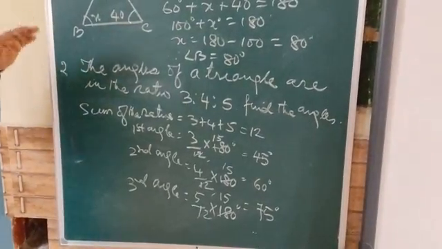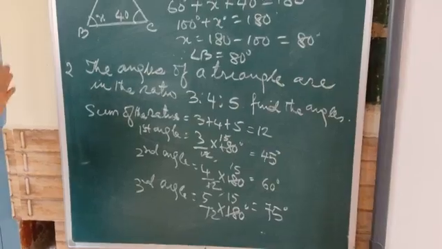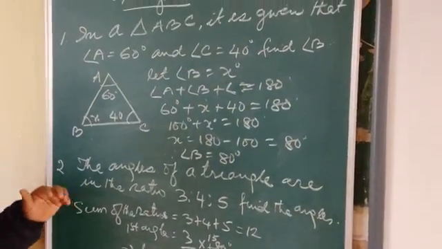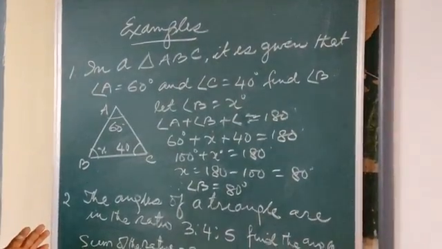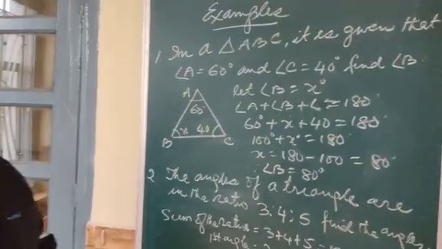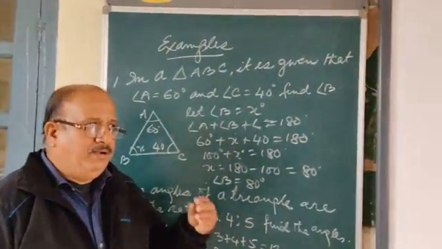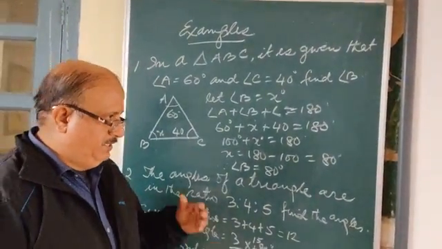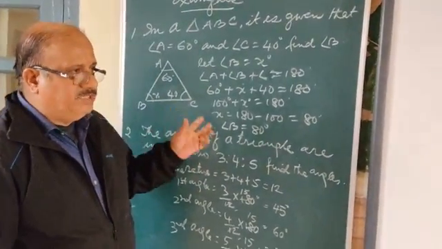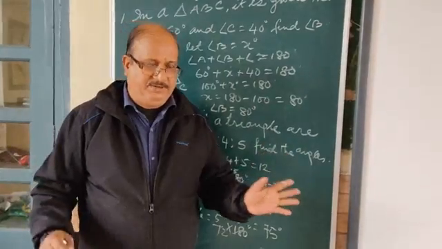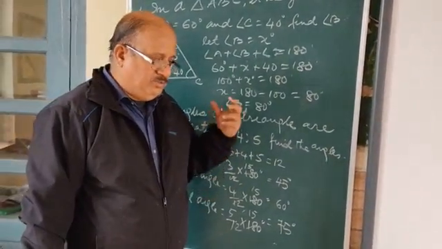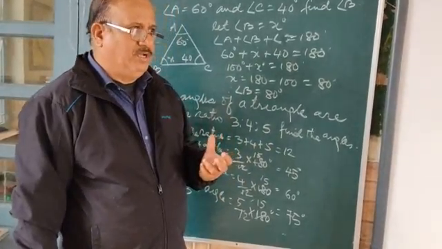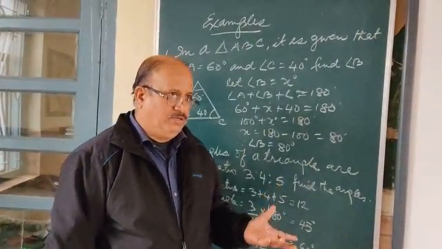So this is related to the properties of the triangle. That means the sum of the angles of a triangle is equal to 180 degree. Clear? In today's topic, we have only this. Coming up next would be the different triangles, calculations with the angles, with the different properties. Till then, practice the sums given, do the assignments and the homework, and be prepared for the online test.